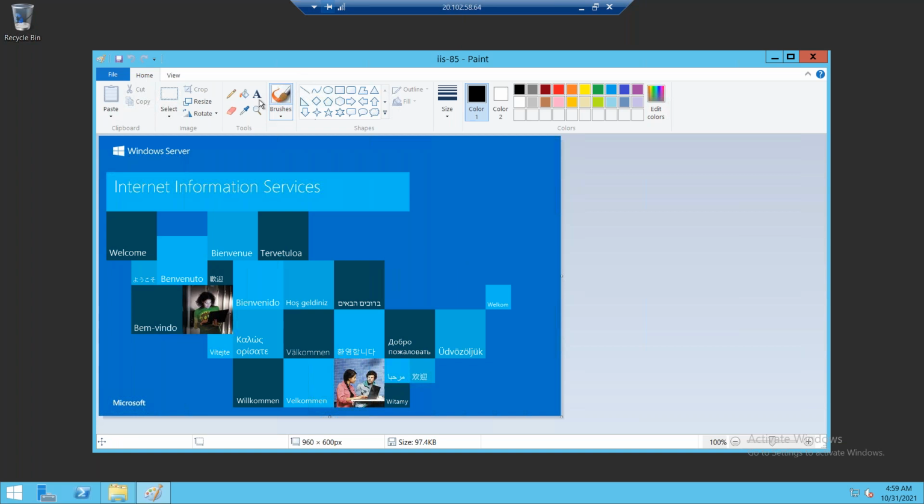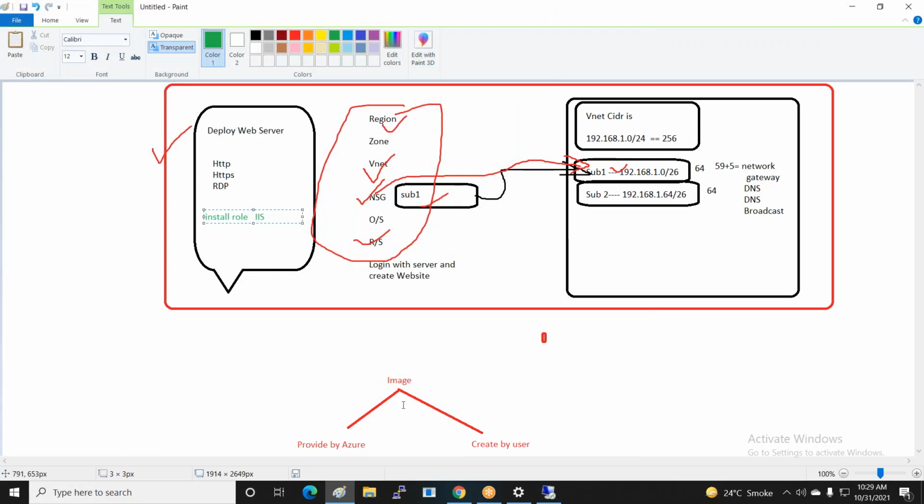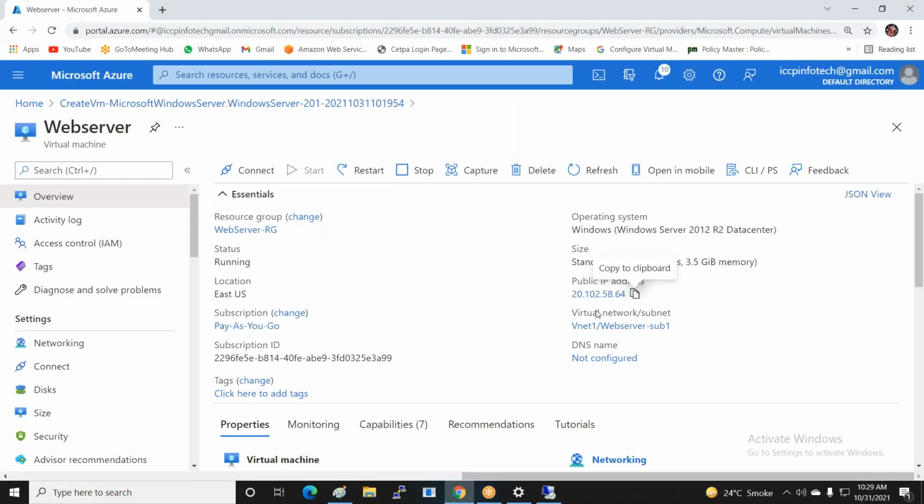Now I change the code of this particular page. I paste it, and now Ctrl+S. So you can refresh and check. Now it has just changed. Copy and check. It's working perfectly.